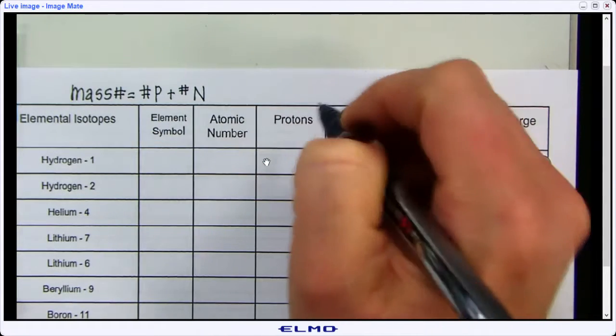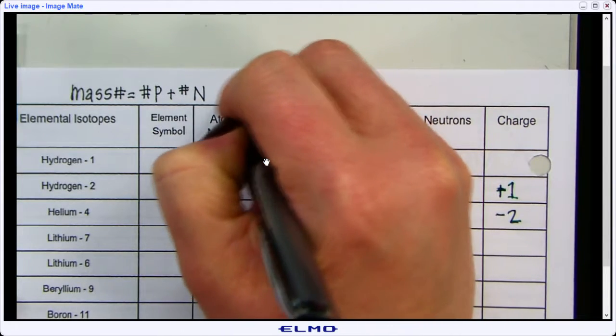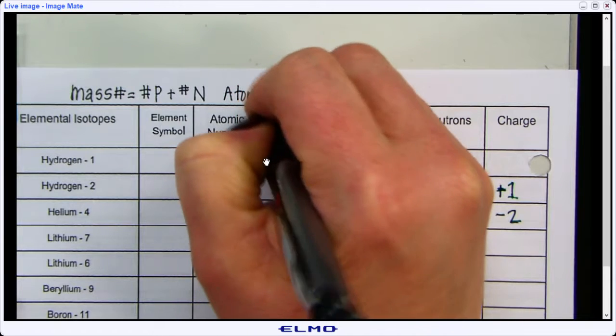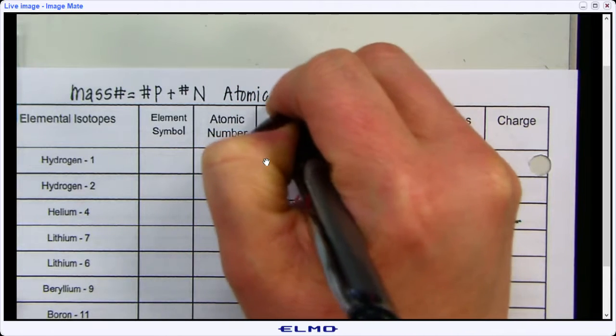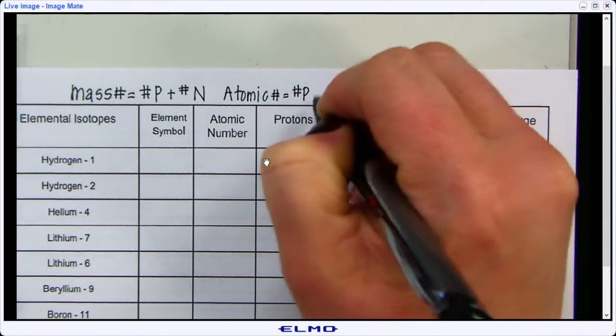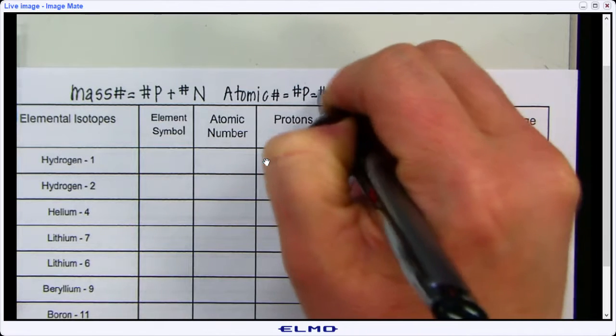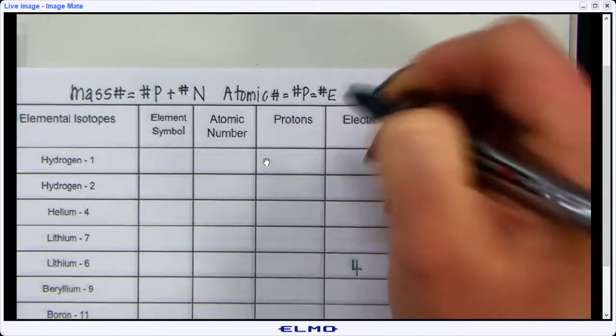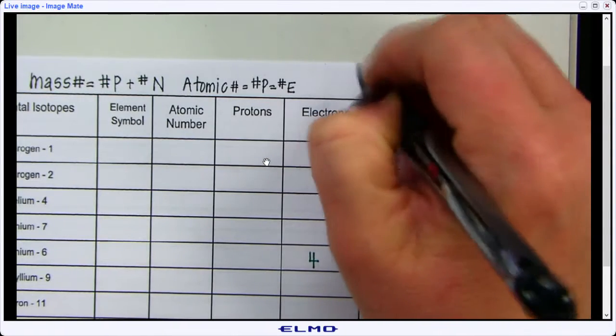You're also going to need that the atomic number is equal to the number of protons, which is equal to the number of electrons. And the other one we'll put up here